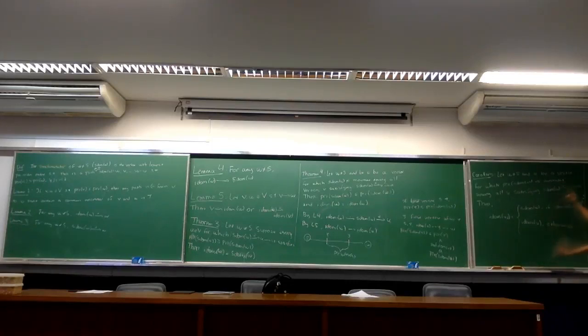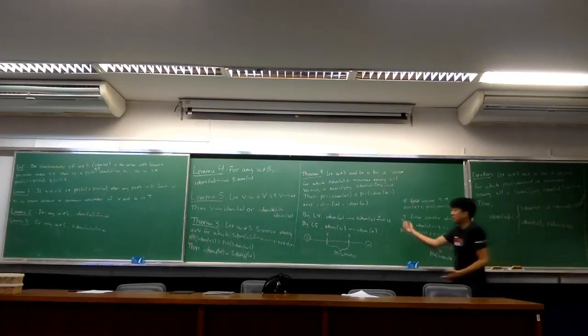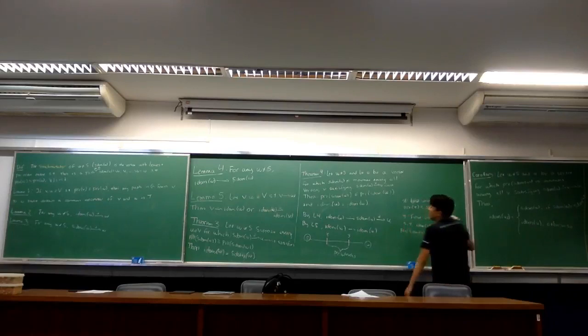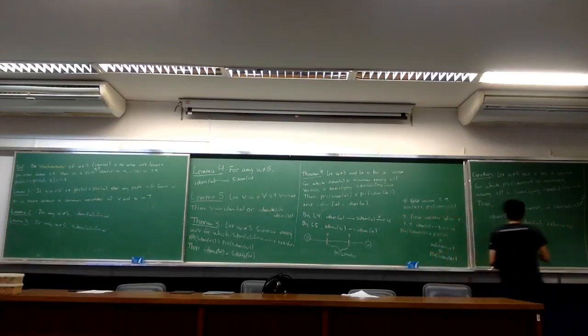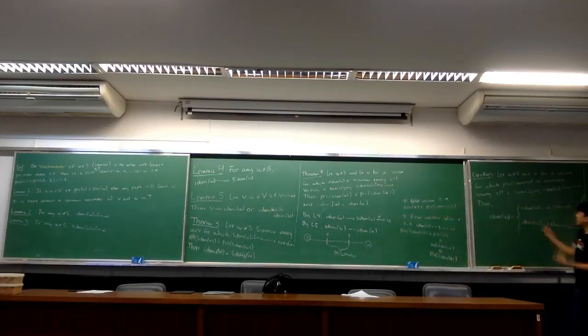This will be the core of the algorithm to calculate semi-dominators and immediate dominators. Basically, the steps of the algorithm will be: first calculate the semi-dominators using theorems numbers 3 and 4, and then once we have the semi-dominators, we can calculate the immediate dominators using this corollary. Okay, that's pretty much how it works.